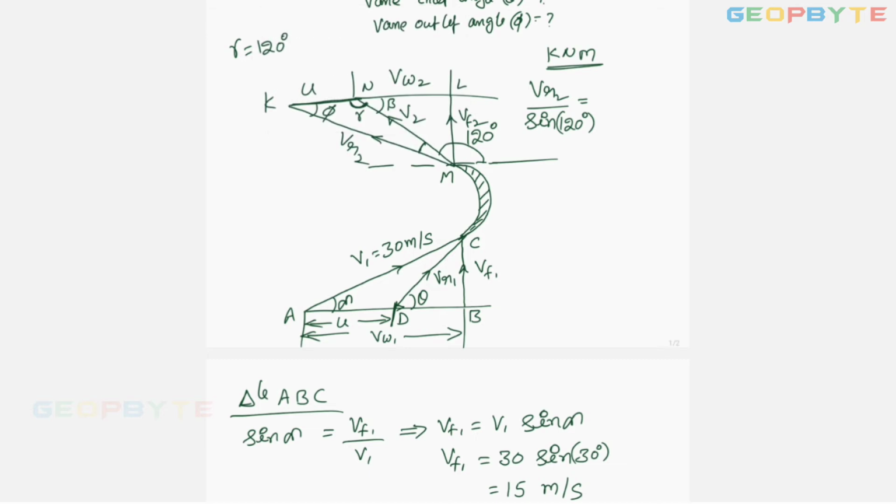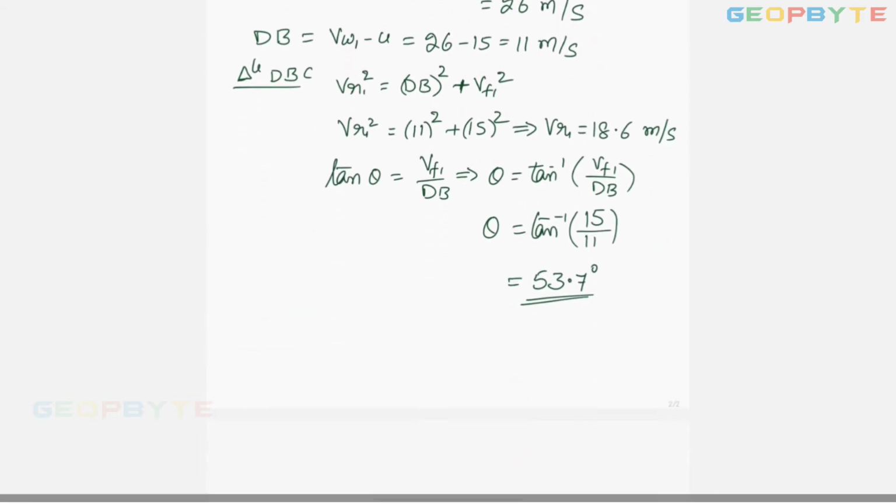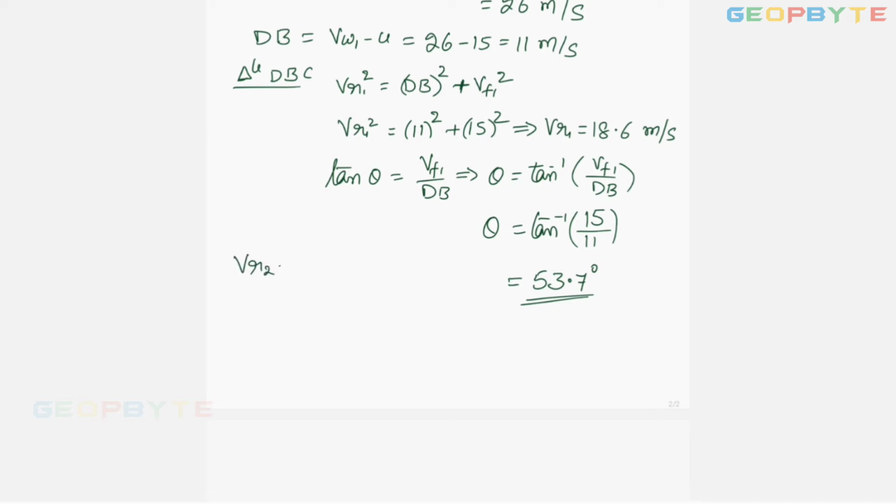That angle is theta dash. Let this angle be theta 1, otherwise u by sin theta 1. Here Vr2 equal to K into Vr1. Since the friction factor K is not given in the problem, you take Vr2 equal to Vr1.